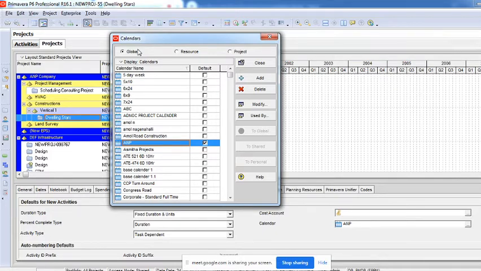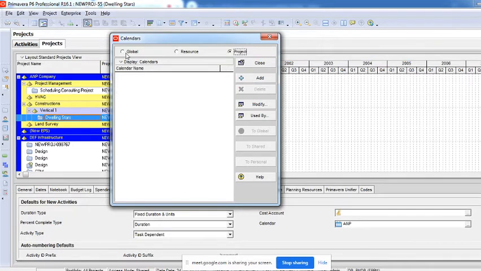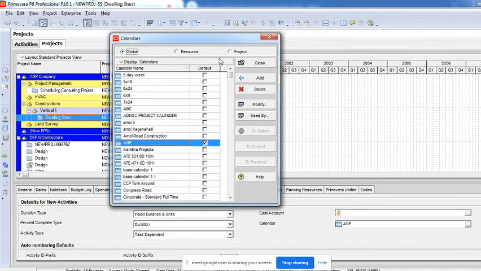Assume your company is an MNC operating in 22 different countries, and your projects are across the globe. When you start accessing calendars, you can use a global standard calendar, so that calendar can be accessed anywhere by anybody on any project. But if you want to be very specific only to your project, then you click under the project category and then say add. Whichever category you click, it's only a category. It does not have different types to be set, right?